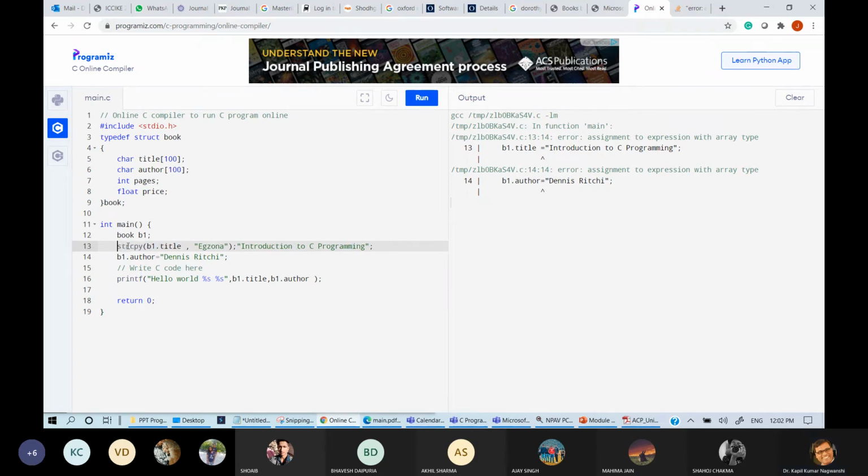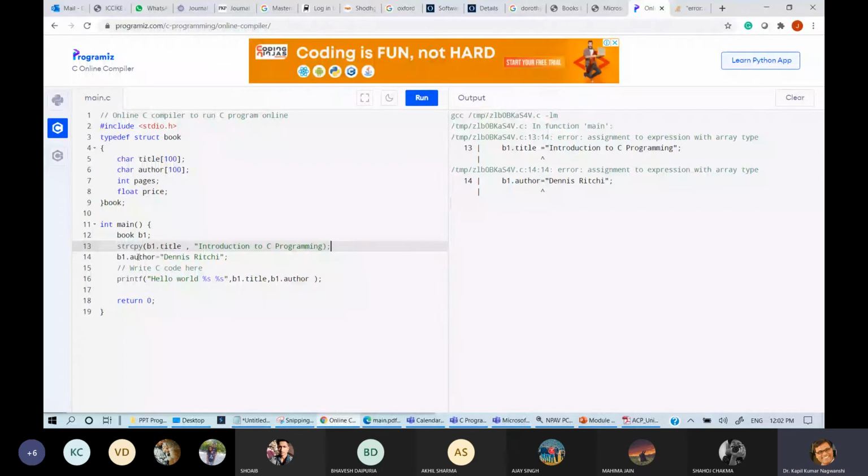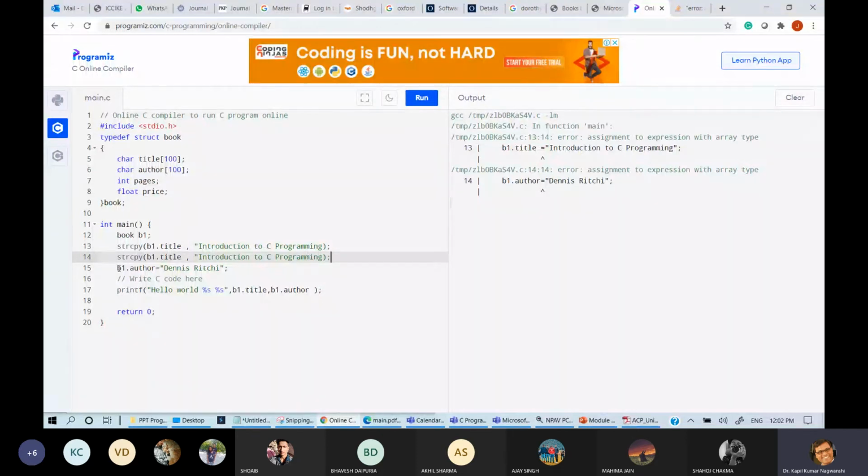Okay. And then the name, whatever we want to copy it. So we have given this thing. Fine. Now I think it will work very clearly and cleverly. Because this is a string and string type assignment is not permissible, correct? Either we need to declare this as a string, and because it is derived data type, fine. So b1 dot author is written here, and then the string whatever we want to copy is written here.